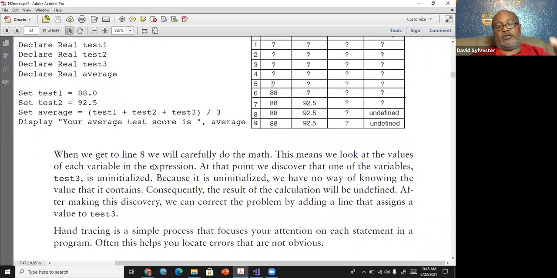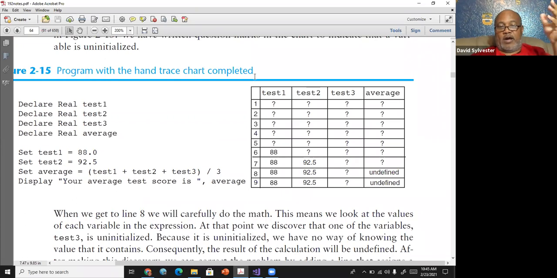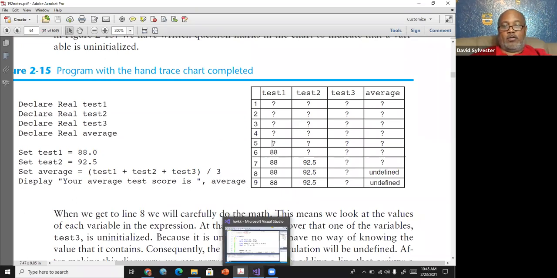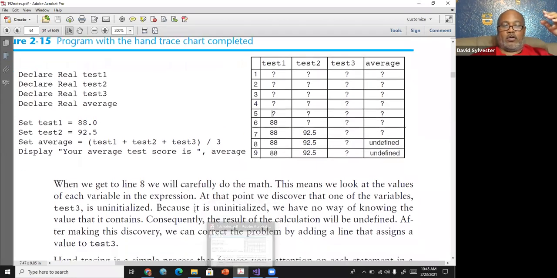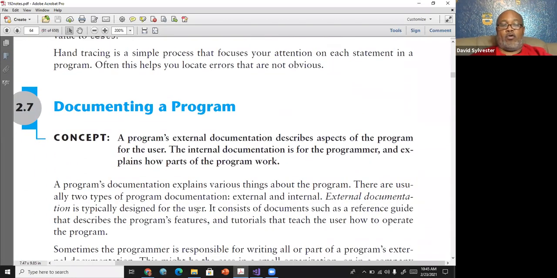Okay, so that's what this hand checking does. You write down all the variables, and then you go line by line checking to see what a value is for a variable, and if it changed, what the value is, and you can kind of keep track of what's going on. Like you, the program, you the computer, all right, trying to evaluate the program.